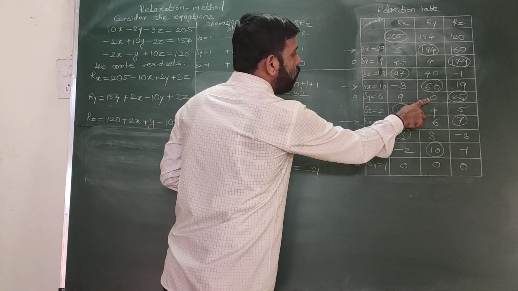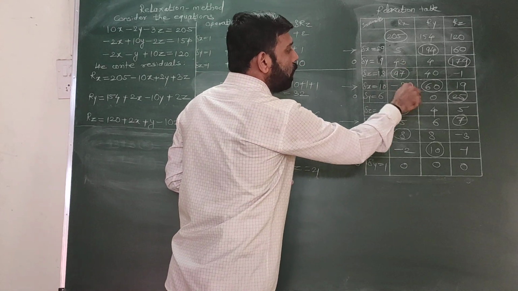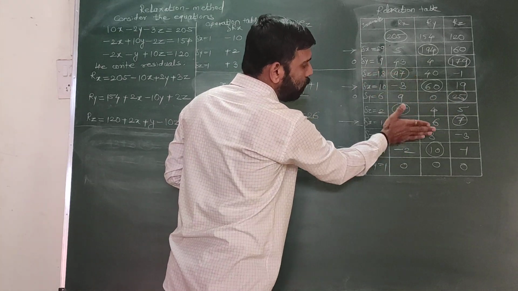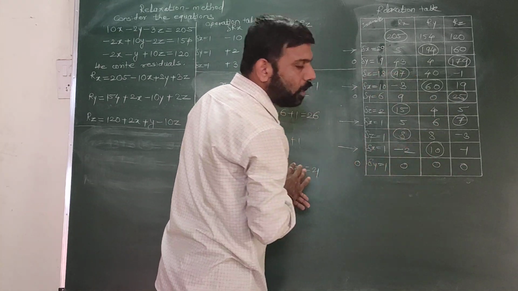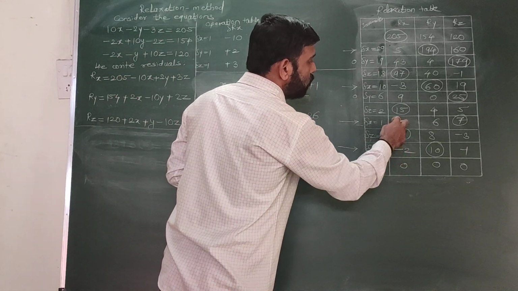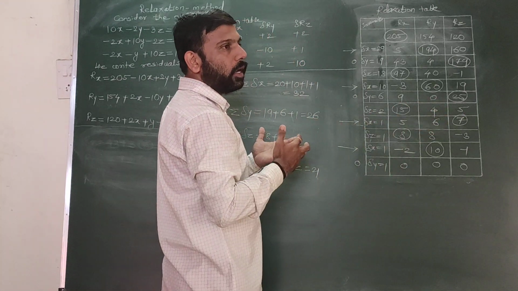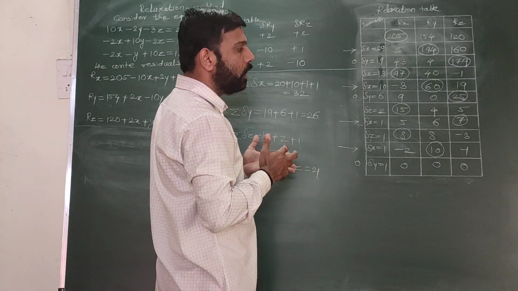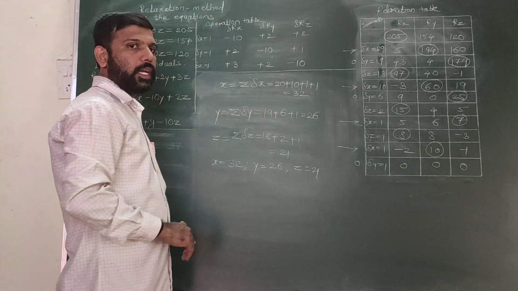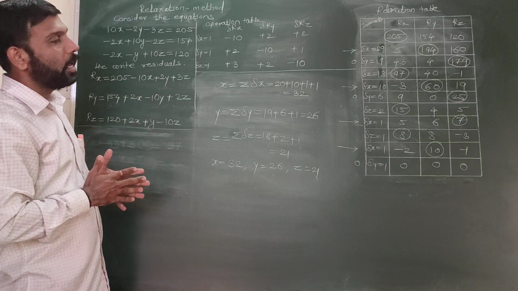Now see here, at this step we got this 0 value. But only one value is 0, the other two are not 0. So we have to continue our procedure till at a time 3 values are 0. We may get 2 values to be 0, suppose x and y to be 0 in that case. But z is not 0 and it is the greatest number. Then in that case, when all 3 values become 0, we'll stop there and we'll calculate x, y, z like this. So this is the relaxation method.